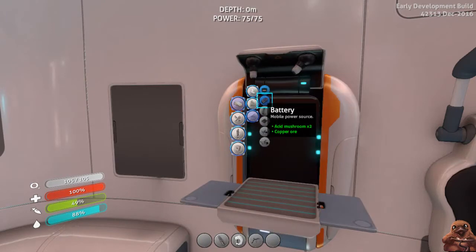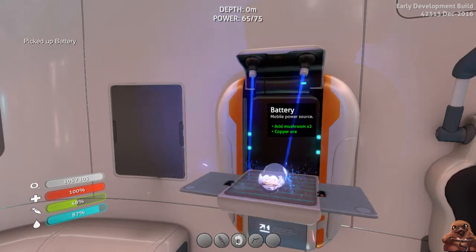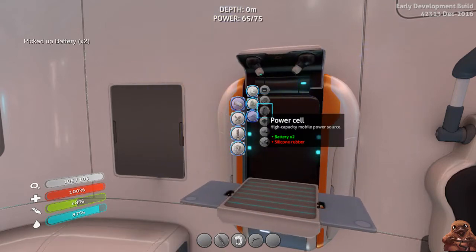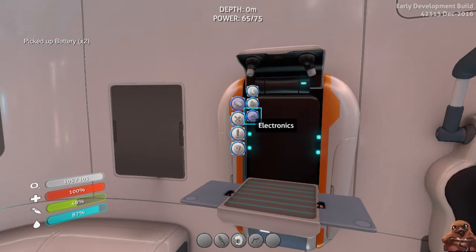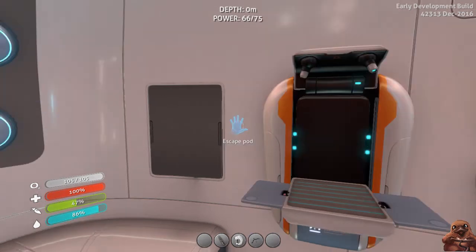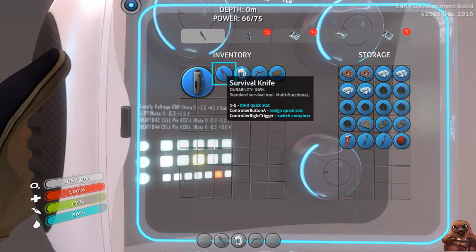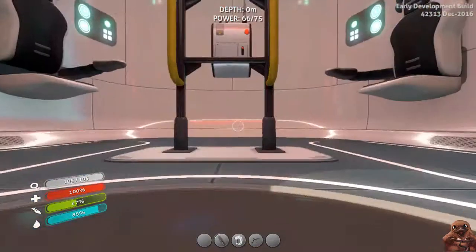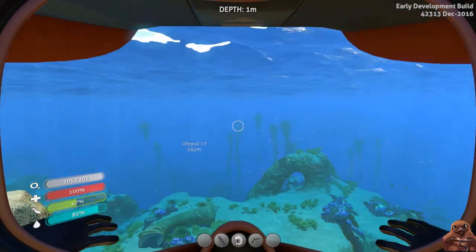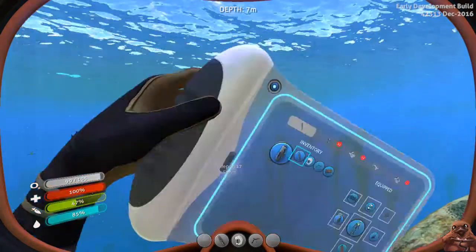We need 1, 2... silicone rubber for the power cell. So we're going to need a whole bunch of creepyvine seed cluster, and we're going to need titanium. And honestly, I feel like that's not going to be too hard to come across. What I want to do first thing, I think, is go and get a whole bunch of the creepyvine seed clusters. We can hold, I think,